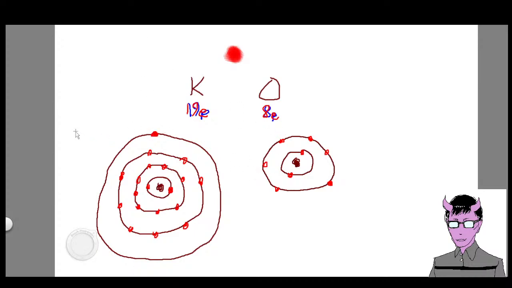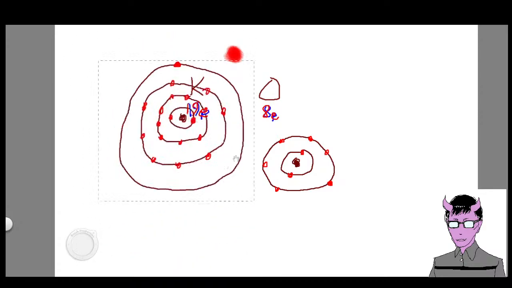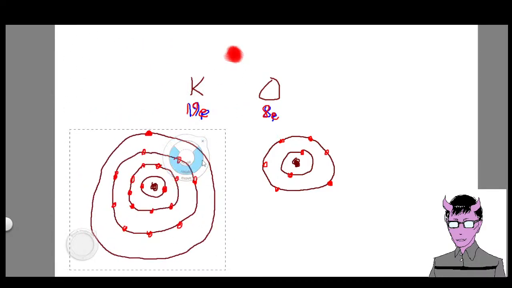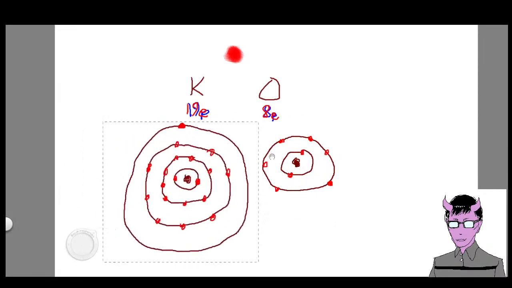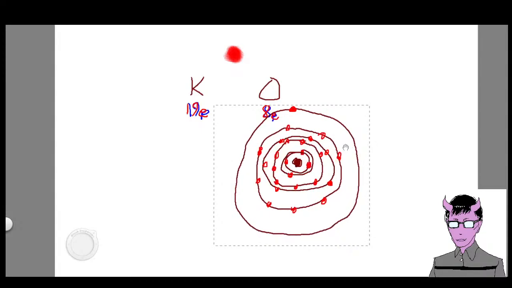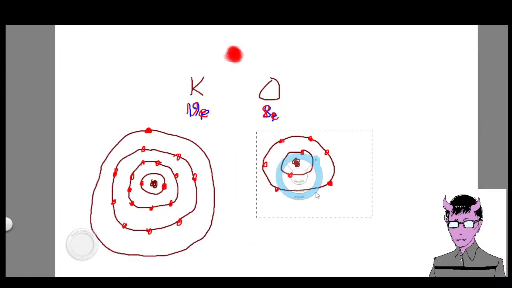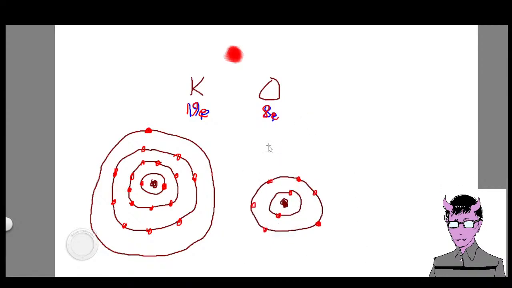So we have the 2 visual representations via the Bohr model. We have potassium right here, which is huge. I should draw it, not to scale, but it's clearly, just by this crude visual representation, already bigger than oxygen. So that's potassium, and then you have oxygen right here. So going back to the main discussion, why is the electron cloud density not more strongly attracted to potassium, which has 19? In fact, I should have drawn this a lot bigger,